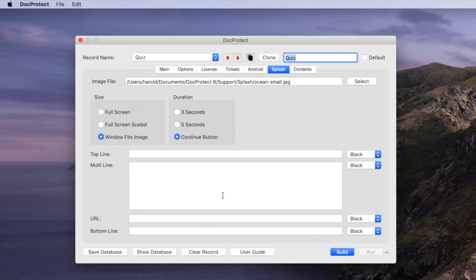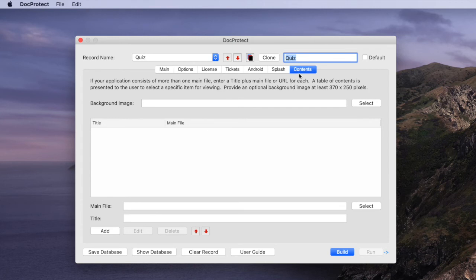Another general feature that can be used on various types of applications is a contents panel. So the idea of a contents panel is you can have multiple documents all embedded within the same application. So let's say you had an HTML-based application with multiple entry points. You can define each main HTML file and give it a title, and that will present a table of contents that gets presented each time the user launches the application, and they can select and go into a certain